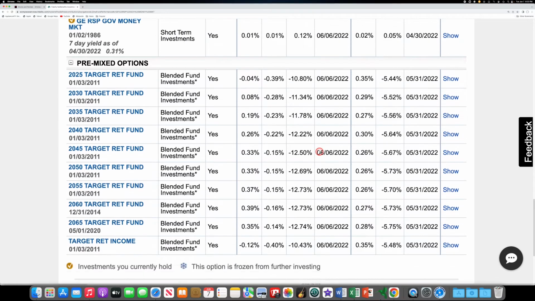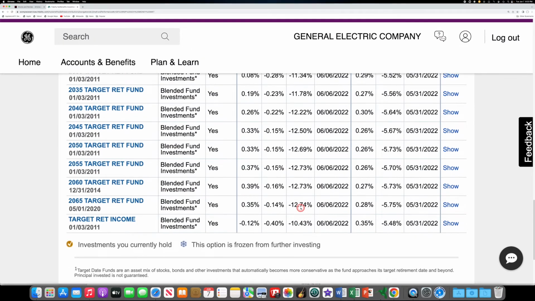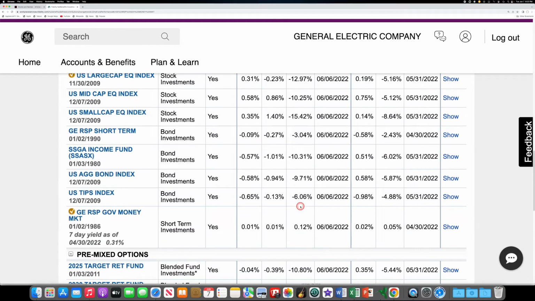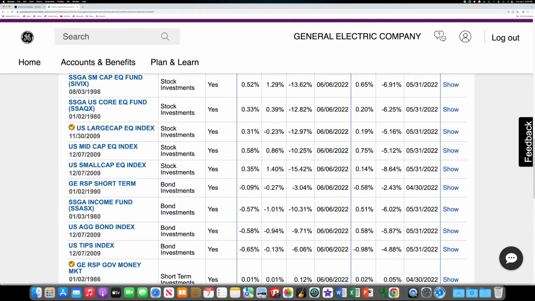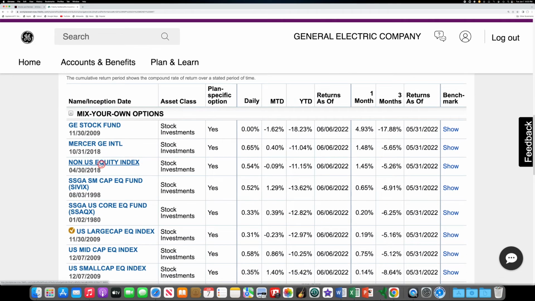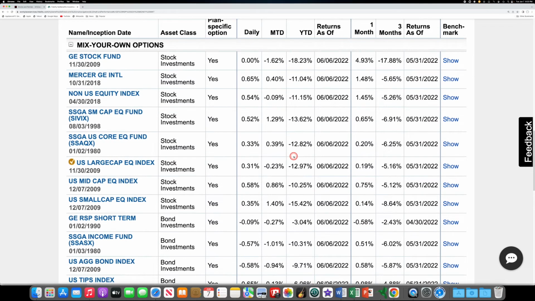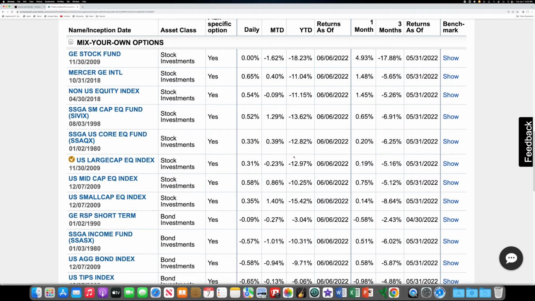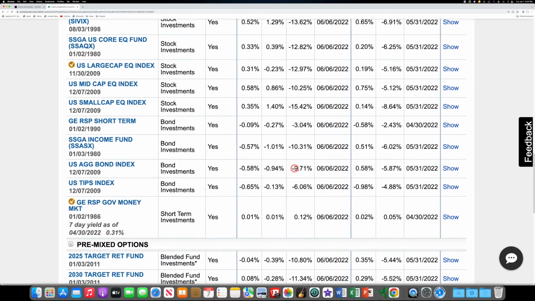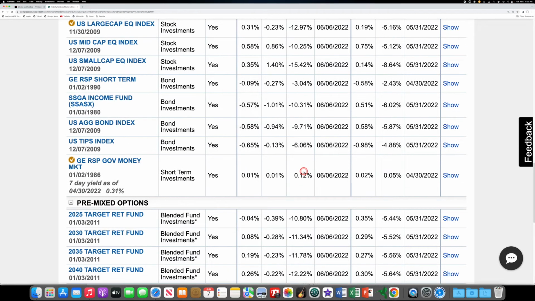Look, let's scroll down some more. Negative, negative, negative, negative. So if you guys have a 401k, you won't see everything that I'm showing you, if you don't work at GE or if you didn't used to work at GE like me. You're going to have different stuff here. It's going to be different words, different funds. But what you want to do is just what I'm doing. Click on cumulative returns, and you want to find your safe fund by looking under YTD. And it's real easy, especially when the market is like this, bad. Look for a positive number. Bingo! That's probably your safe fund.